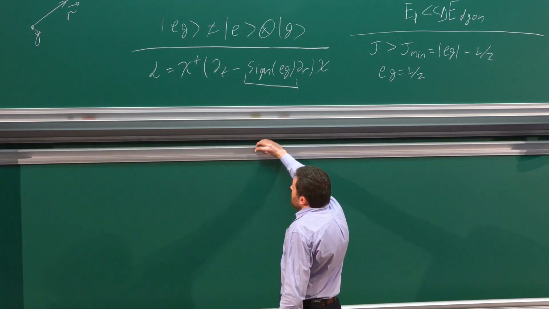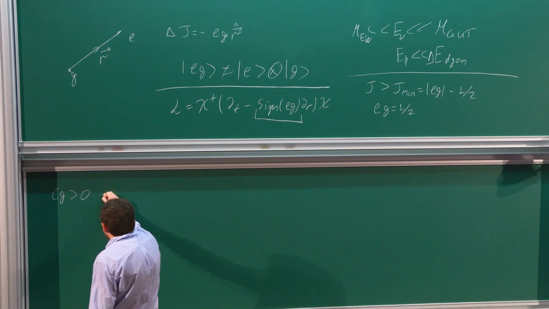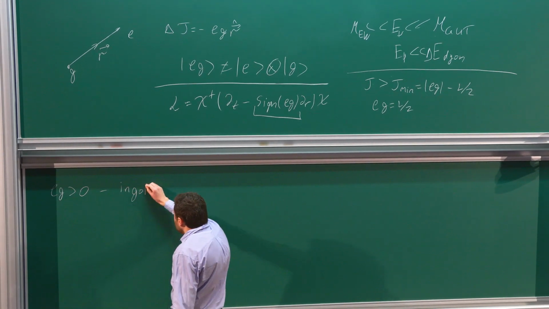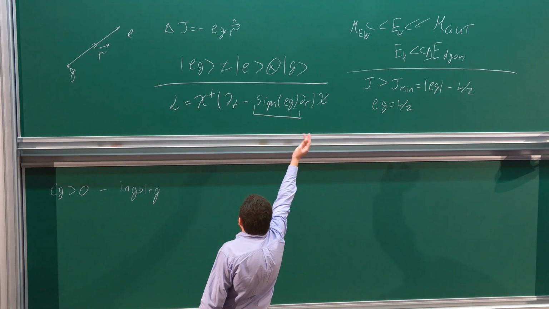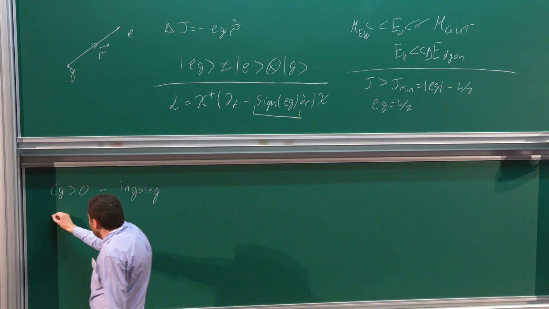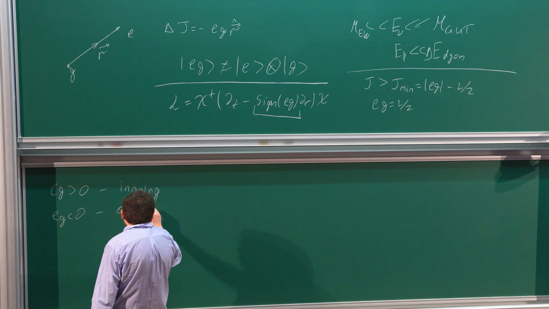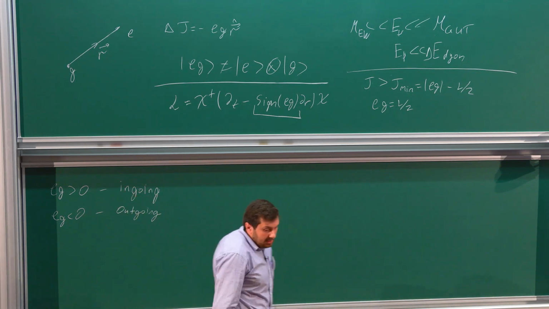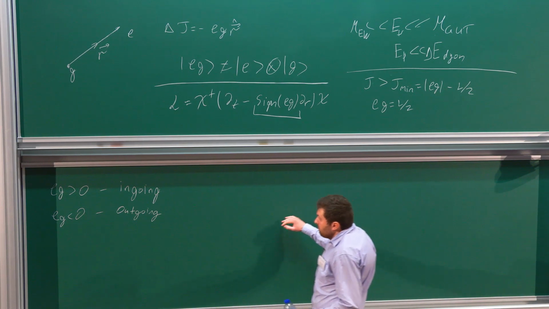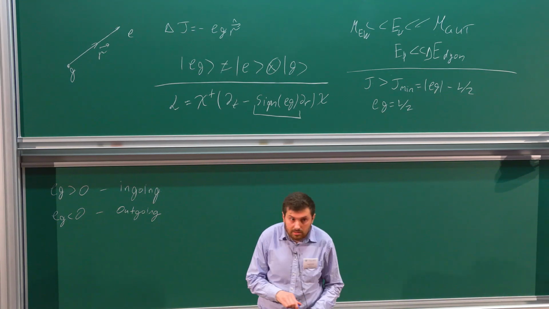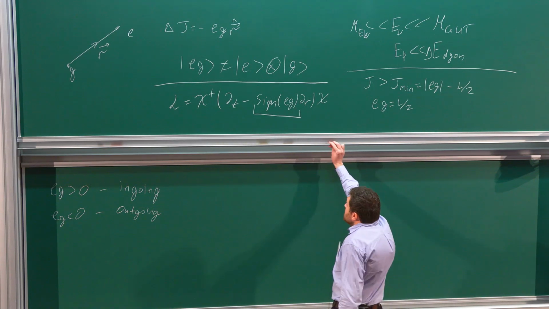It will tell you that if eg is bigger than 0, the field is purely ingoing, it is an ingoing partial wave. And if eg is less than 0, it is an outgoing fermion field. So as a result, the scattering problem of the fermion on the magnetic monopole is reduced to a 1+1 dimensional quantum field theory that is chiral. The fact that it is chiral results in very interesting dynamics, and to see this dynamics